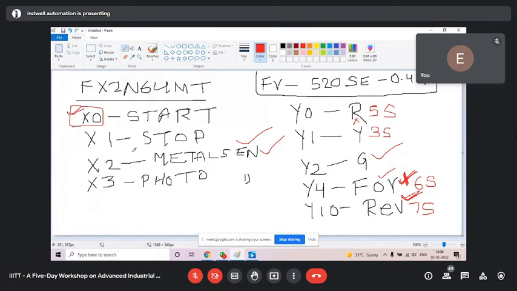Another thing, whenever the motor runs either in forward or reverse direction, green should be on with that. Did you understand the condition for sensor and green? Your X2 sensor should always be on. This is the condition. If it is not on, the machine will not start. If it is off in between the process, the machine will stop. Green will be on with forward and reverse. Make this modification.